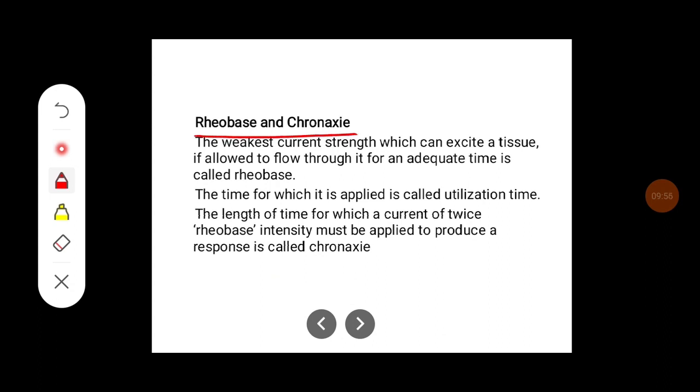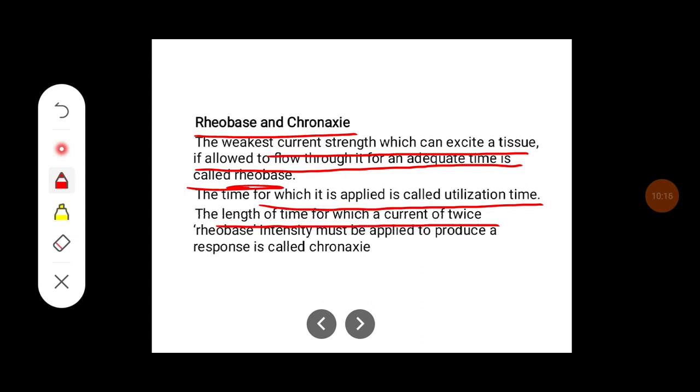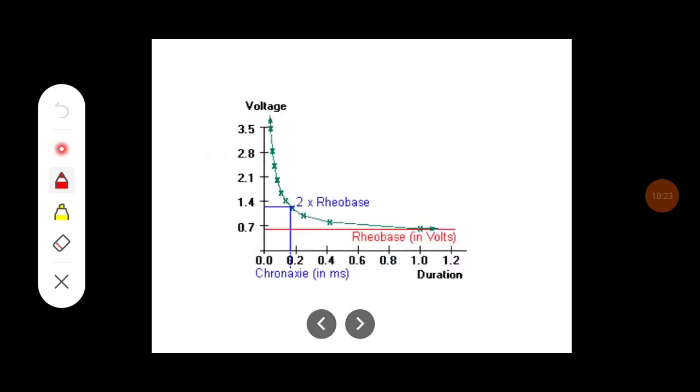Rheobase and chronaxy. The weakest current strength which can excite a tissue, if allowed to flow through it for an adequate time, is called rheobase. The time for which it is applied is called the utilization time. The length of time for which a current of twice rheobase intensity must be applied to produce a response is called chronaxy. Okay, so this diagram shows the relation between the duration which is required for the excitation